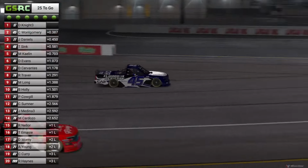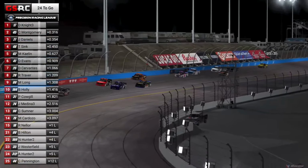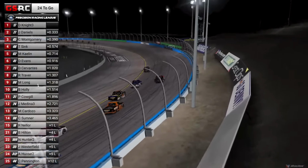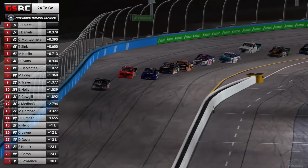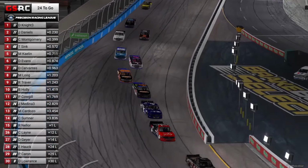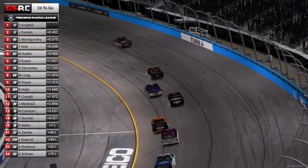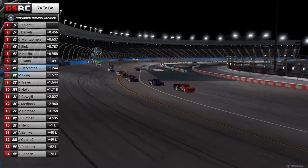Clayton Montgomery follows them through, getting alongside Joshua Daniels and back up into 2nd place with Thomas Sink right there with them. But of course, Joshua Daniels, he loves throwing that truck in on the outside. He's doing that once more. And having to back out slightly is Clayton Montgomery, slightly tighter line, using the tyres a little bit more. And Joshua Daniels just puts his foot down and says, no, 2nd place is mine for the time being. But Daniel Knight